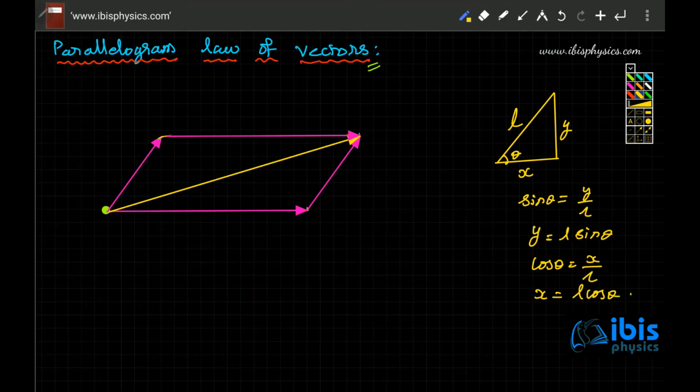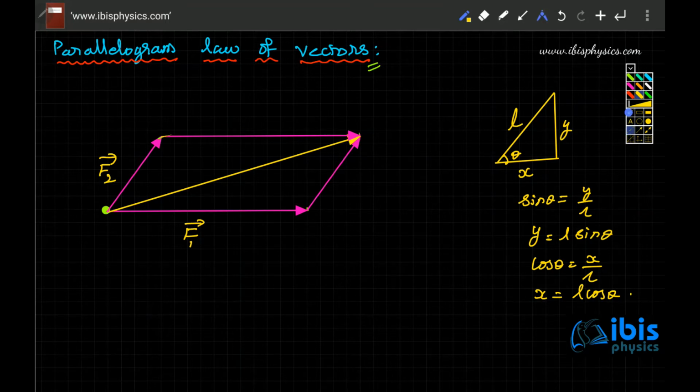Suppose two vectors are acting, f1 vector and f2 vector. The length of this line is simply f1. Note that I am not putting f1 vector here. The length of the line will be just f1. The line with an arrow is f1 vector, and this is f2 vector. And because you moved f2 over here without changing the direction, this is also f2 vector.